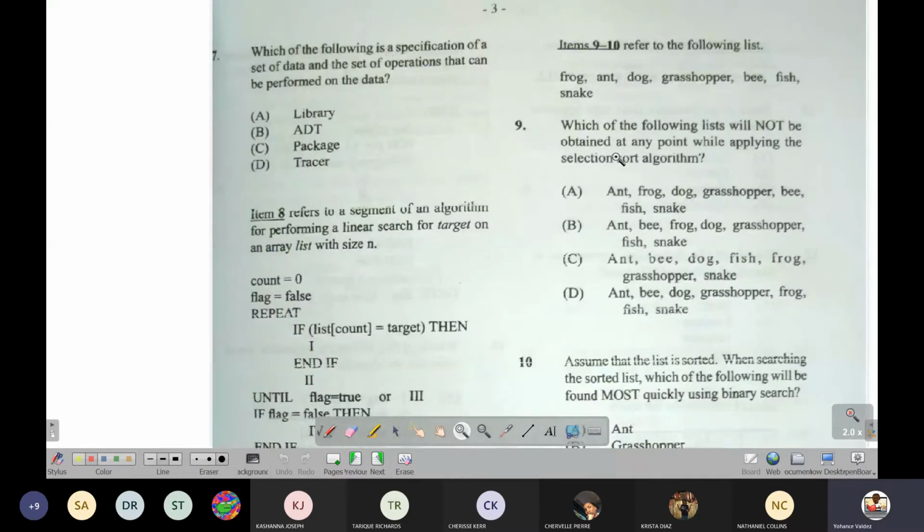Which of the following is a specification of a set of data and the set of operations that could be performed on the data? A set of data and the set of operations together is an abstract data type. Remember what makes an abstract data type